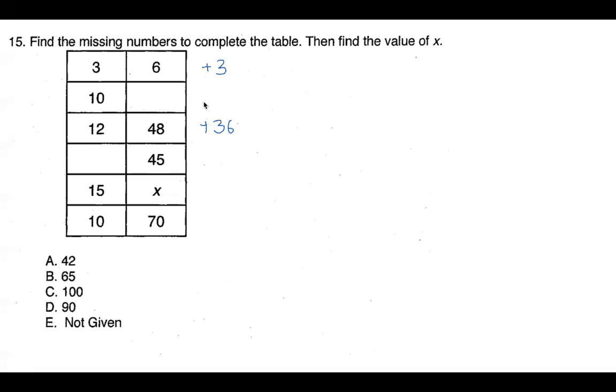So you could see, it could be the midpoint between 3 and 36, so you can average them. Get 39 divided by 2 equals 19.5. So you could add 19.5,